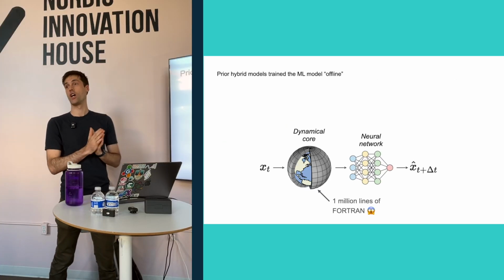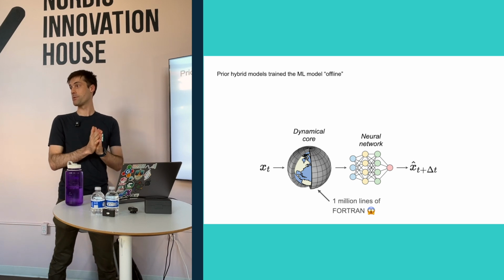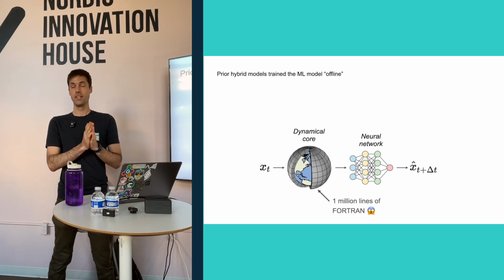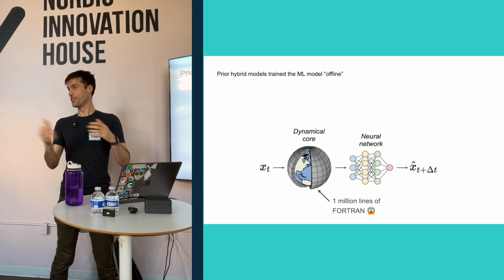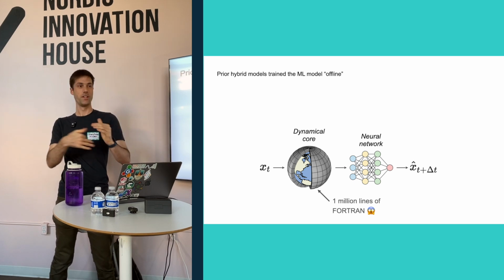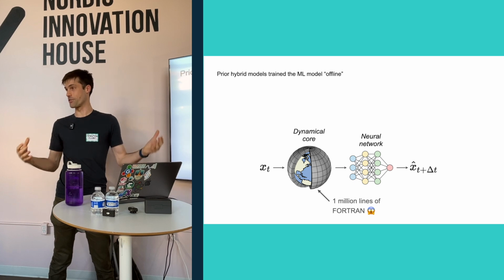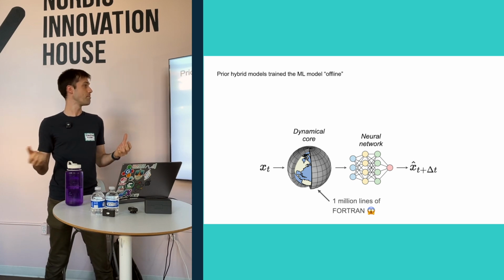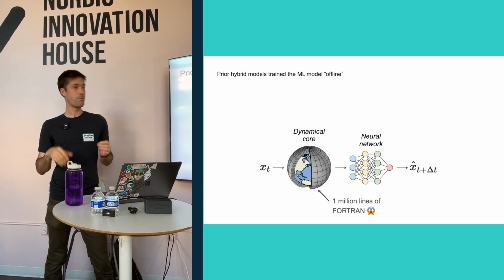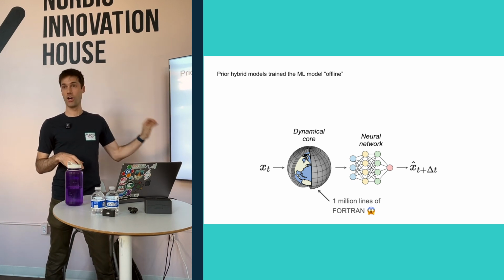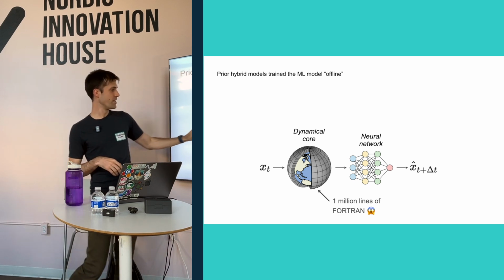We're not the first ones to try building a hybrid model, especially for climate. Climate scientists know their models are not accurate enough to accurately simulate the impact of climate change. So they need better models, and they've been exploring using AI for a long time, actually for maybe about the past 5-10 years. But most of these approaches have not worked very well at all. And the problem is, I'll tell you why.